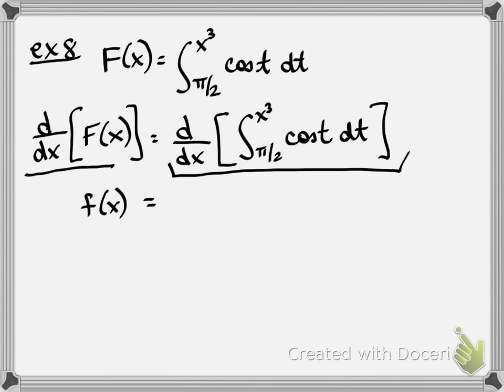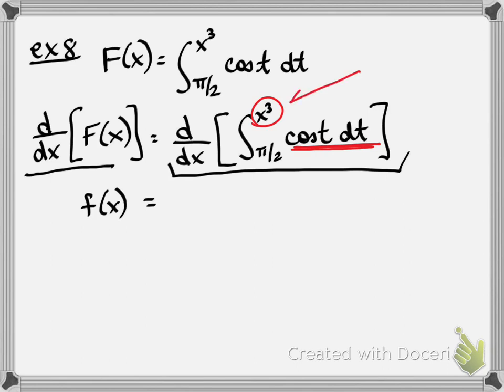We're doing the derivative of an integral, check. My integral is going from a number to a variable, check. And my function is written with a different variable than the one in the limit of integration. So check. So we can do the second fundamental theorem of calculus, which says that this cosine of t is replaced with the cosine of the x. But we do have to do something before we can jump straight into it. Getting ahead. We need to rewrite this.